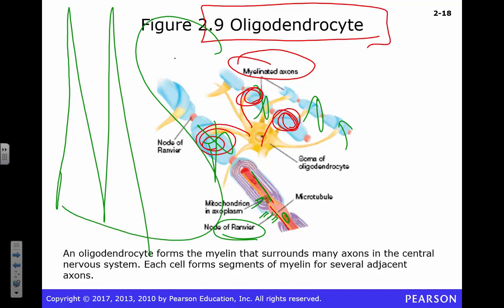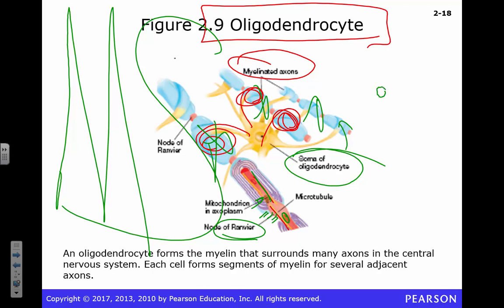MS is a degenerative disorder. Right? It's going to selectively influence and affect your oligodendrocytes. This is why you have lesions. Some folks will say they have lesions in their brain. When you look at the brain of someone with MS, they're going to have holes, basically. Holes where they used to have myelination. Okay? That myelination is going to disappear. It only affects the central nervous system.